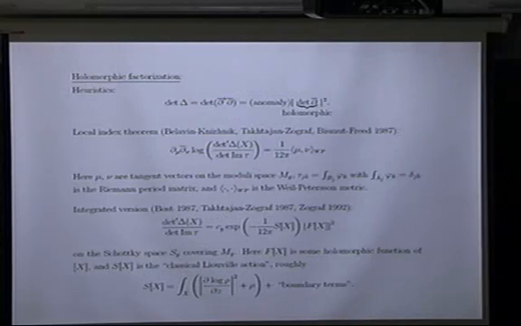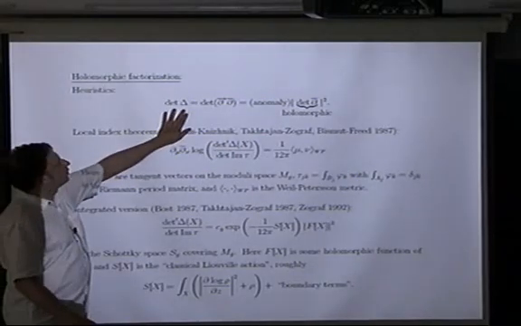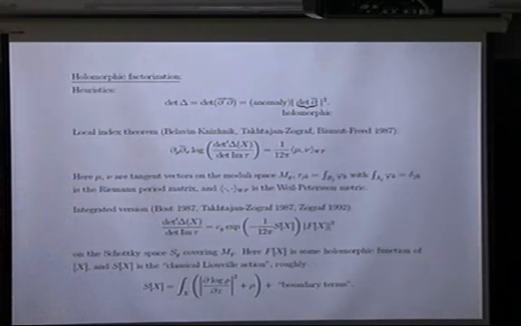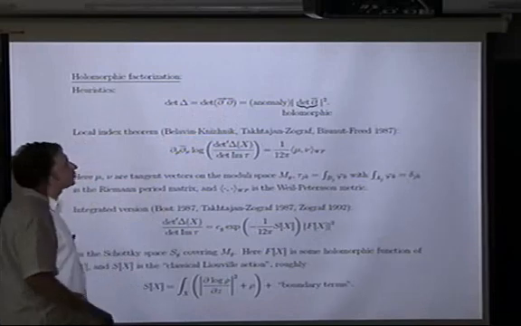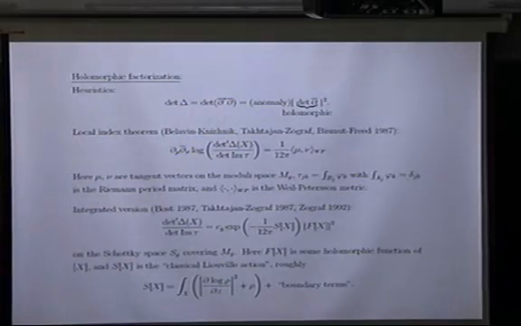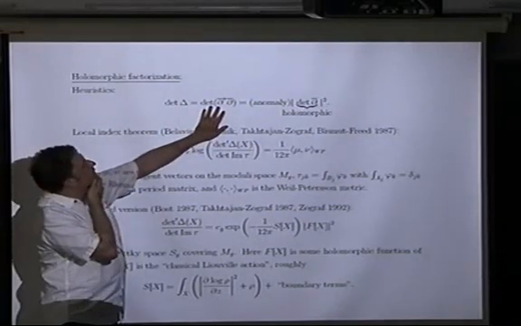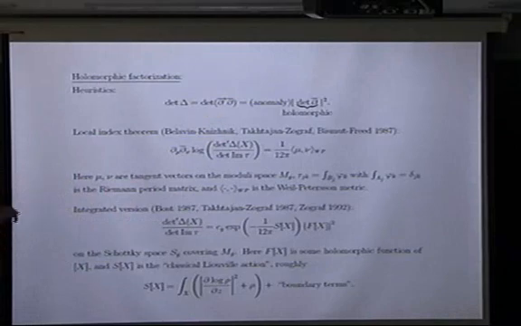This occurred originally to Belavin and Knizhnik, also in '86. Their heuristics were that the determinant of the Laplacian on a Riemann surface, you don't have the two pieces where it goes up and down. The Laplacian on a Riemann surface is just d bar times the adjoint, and the determinant of the adjoint should just be the conjugate of the determinant of d bar. So if